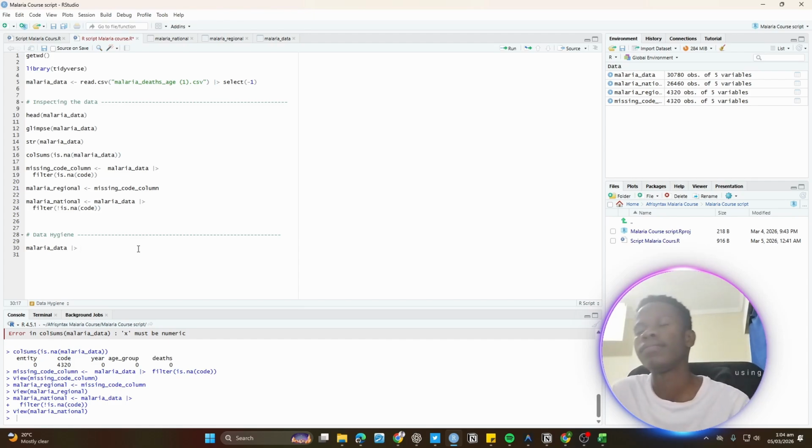Keep in mind you want to put gaps in your code like this, so I don't want to continue and go like distinct, and then you want to kind of start on a new line, so that your code looks good for it to be more readable. So make sure you keep